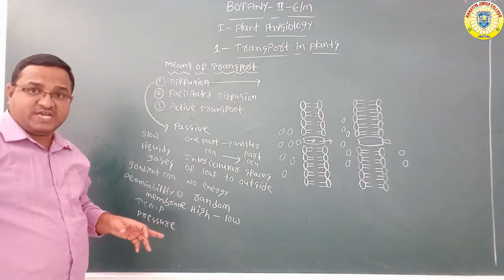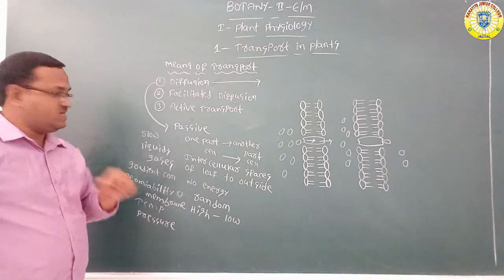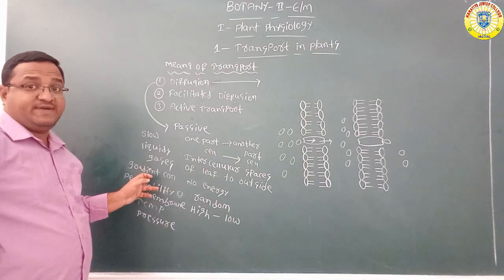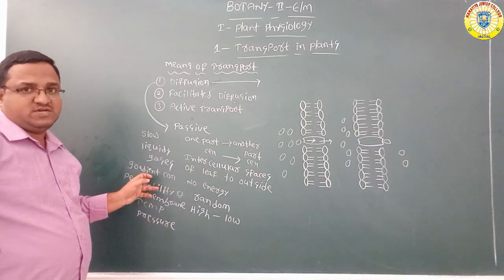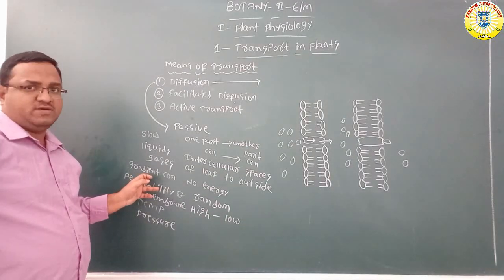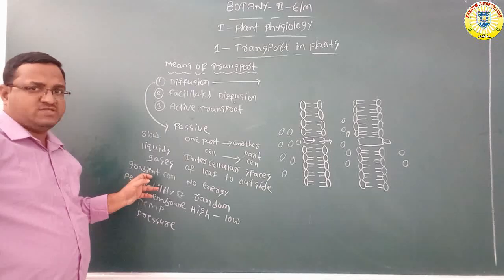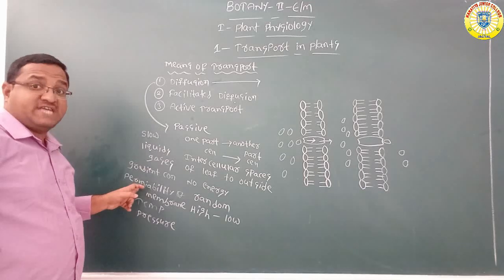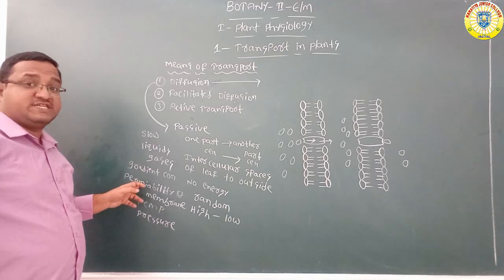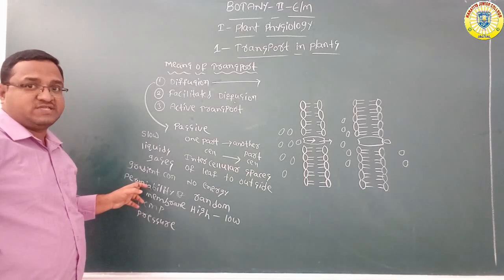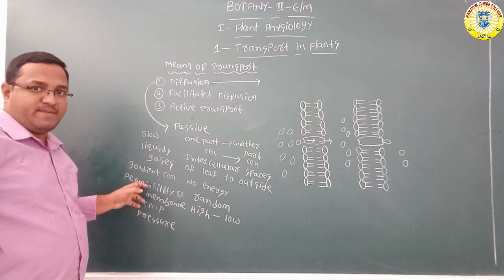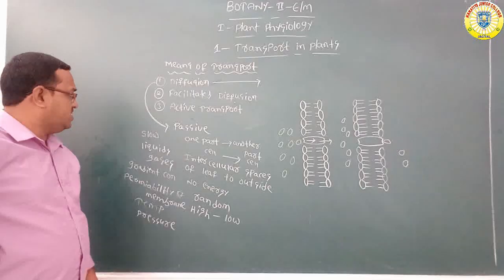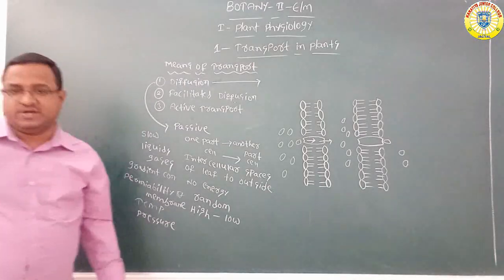The rate of diffusion is affected by four factors. The first one is concentration gradient. Gradient means any change in the concentration, change in temperature, whatever it may be. Then permeability of the cell membrane, which allows only useful substances, then temperature and pressure. So these are the factors that affect diffusion. So this is about diffusion.